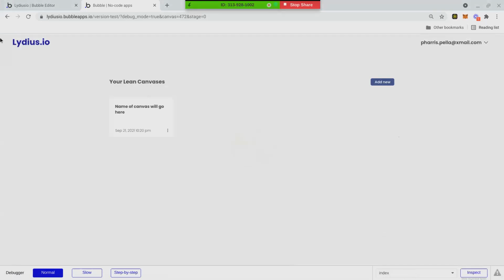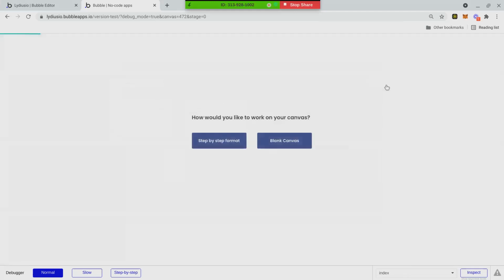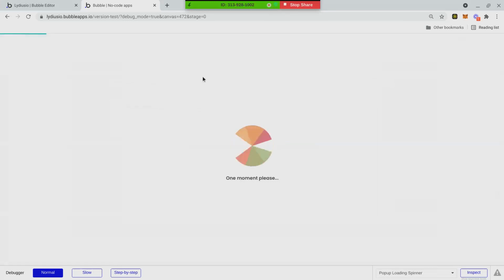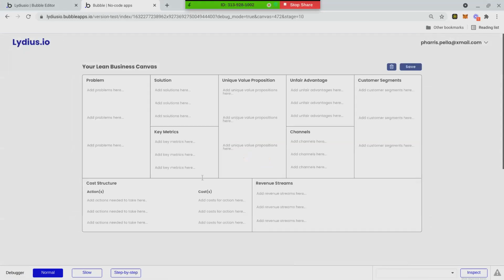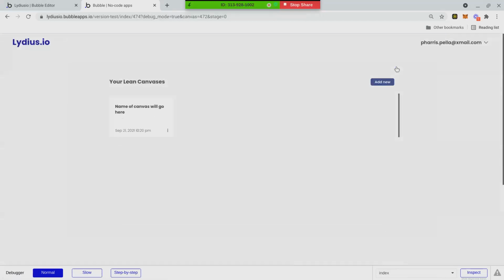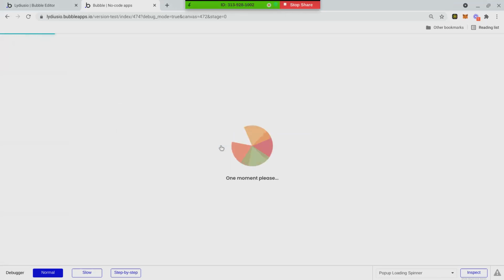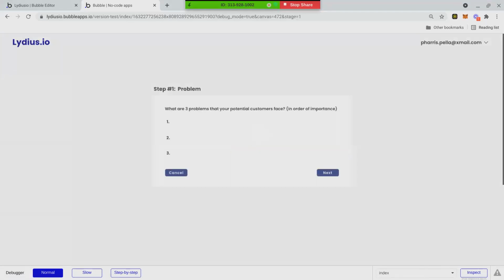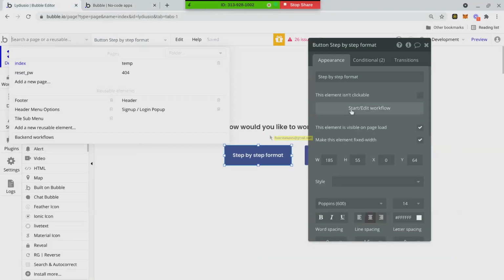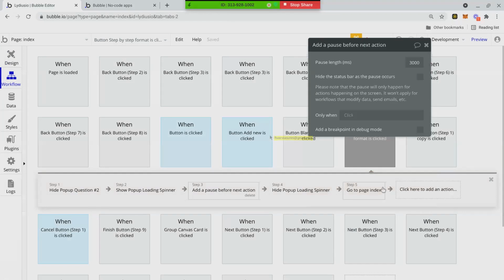Excuse me. So let's do this. So this is working with the blank canvas. We're just using, from what I understand, that custom state canvas is storing that information and sending it. So let's just erase this real quick. That one was erased. So now when I do this, the step-by-step format, it's not actually creating. So I tried to replicate